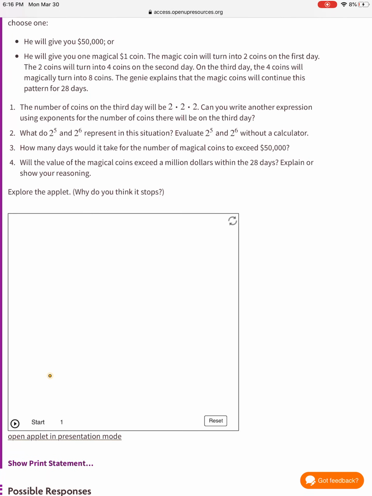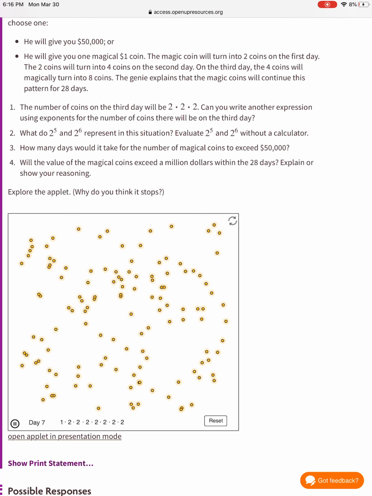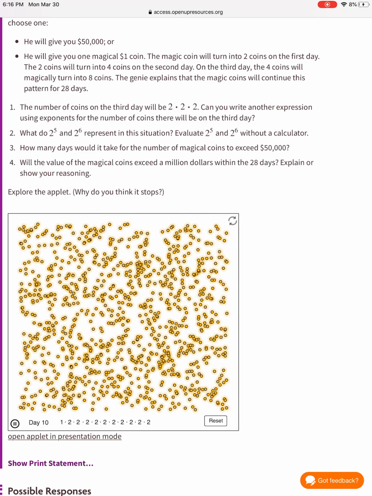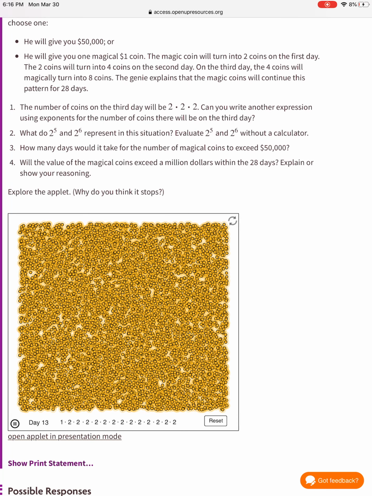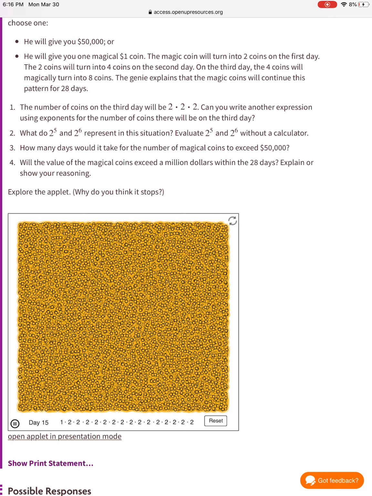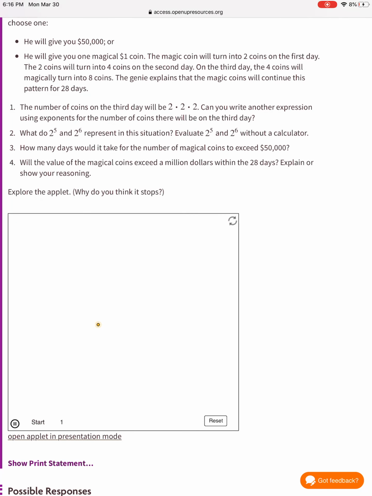Okay, here's your applet. Day 1, day 2, day 3, day 4, day 5, day 6, day 7, day 8, day 9, day 10, day 11, day 12, day 13, day 14, day 15, and look, oh, day 16. So,